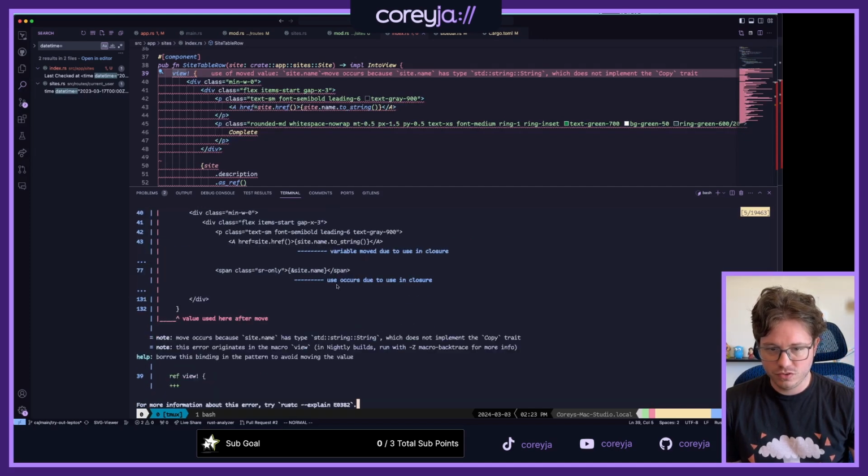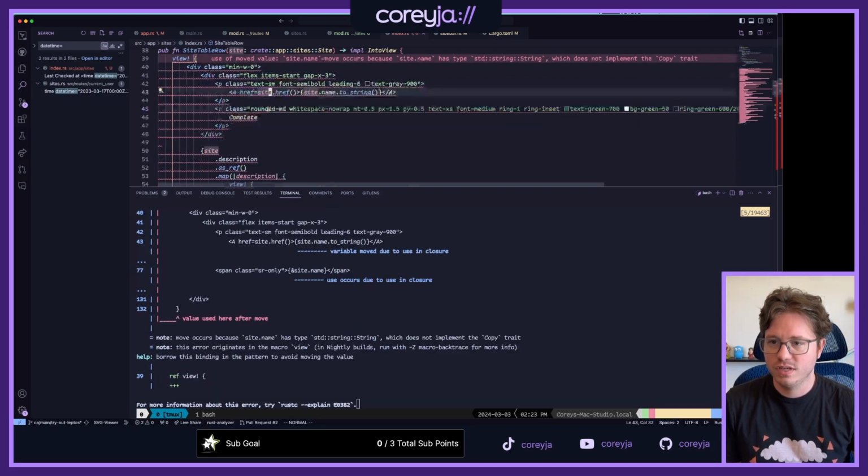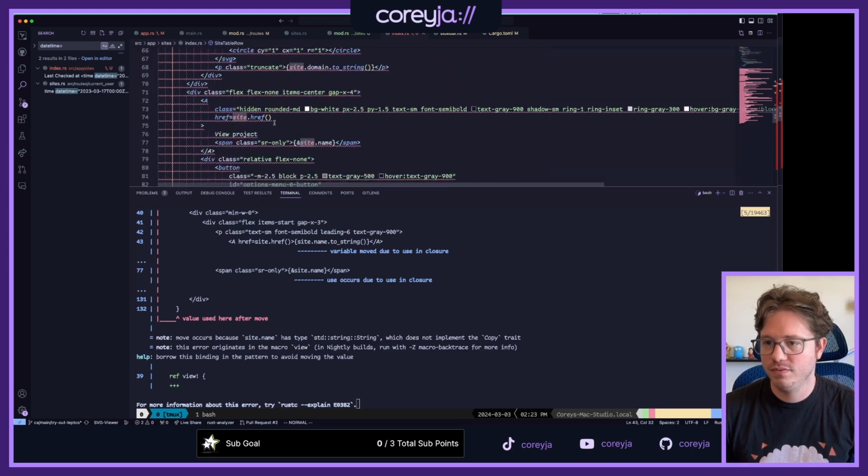The variable move use occurs due to use in closure on 77, but okay, whatever. Let's try this, right?